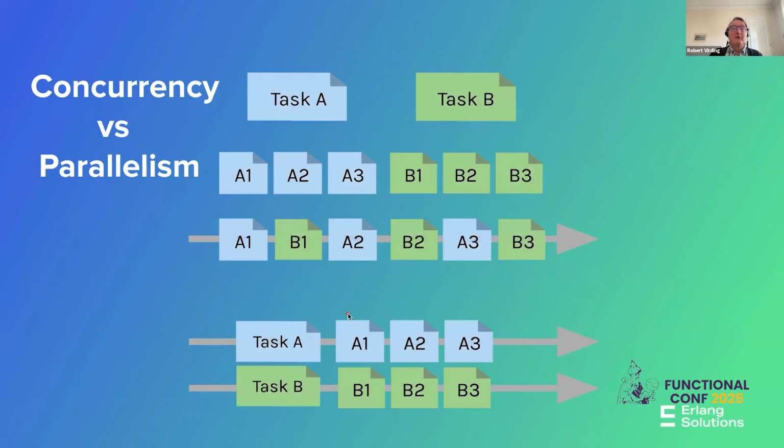So the difference, as we see it here, is a very simple example. We've got two tasks, task A and task B, where A consists of A1, A2, A3, and B of B1 and so on. You can run these concurrently: you can have one thread running bits of A, bits of B. Or you can have two threads, running these in parallel. But they still don't change the description. They still have the same system, just how you run it.